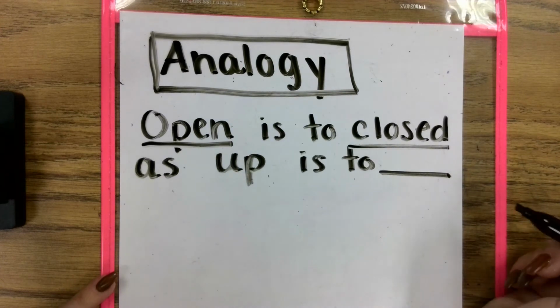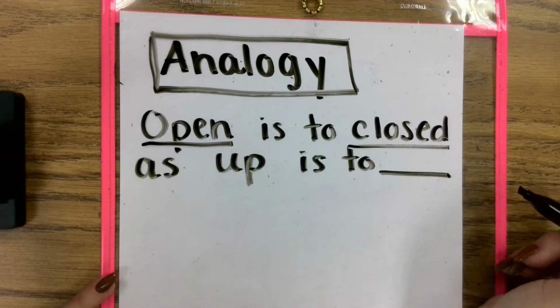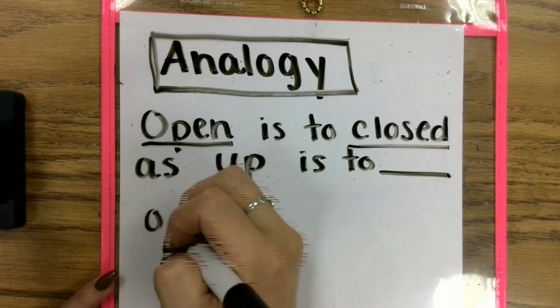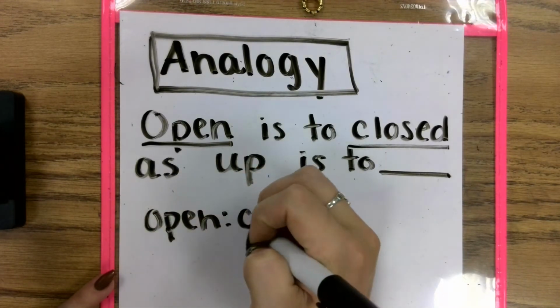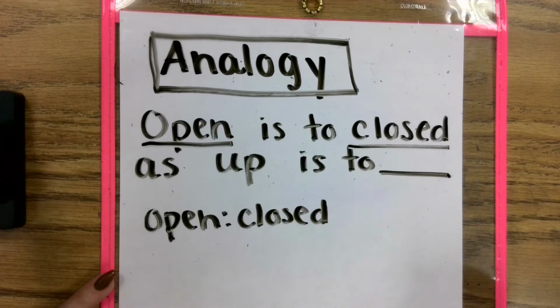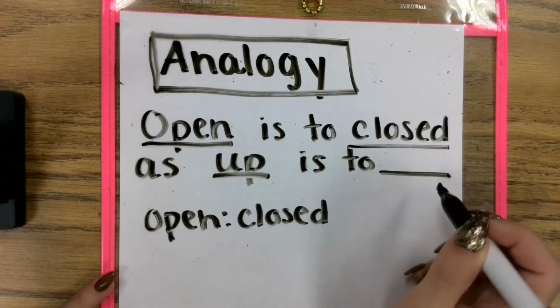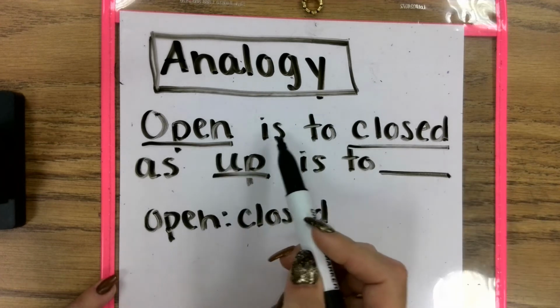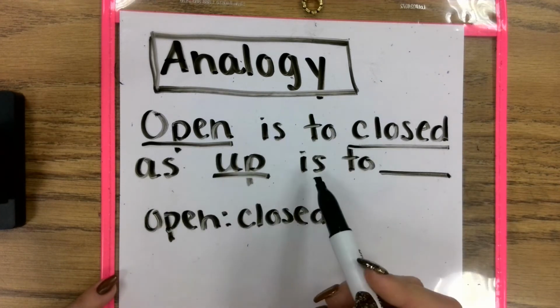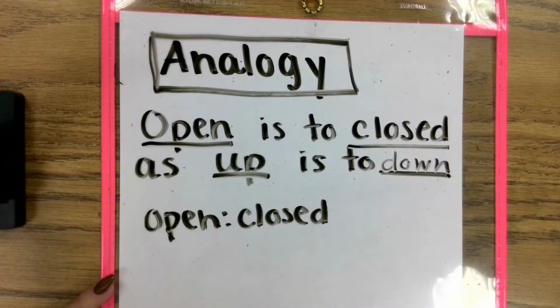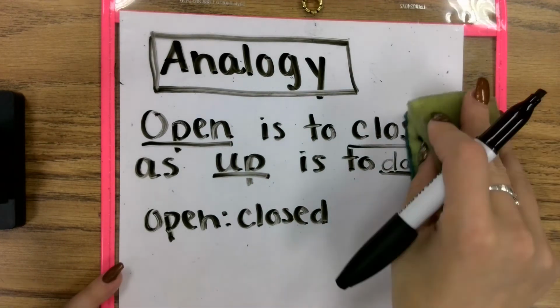So how are open and closed related to each other? Open and closed are opposites or antonyms. So because open and closed are opposites, that means that up and the blank word will also be opposites. So open is to closed as up is to down. So this would be comparing two things that are opposites or antonyms